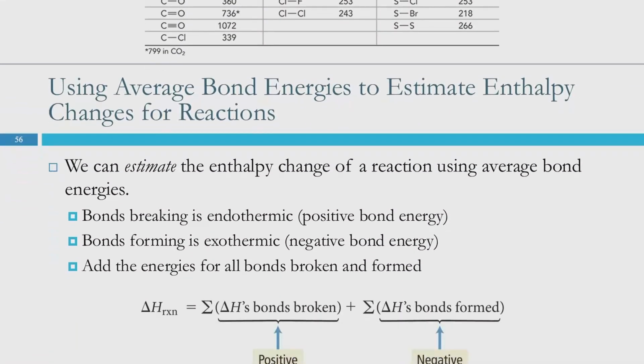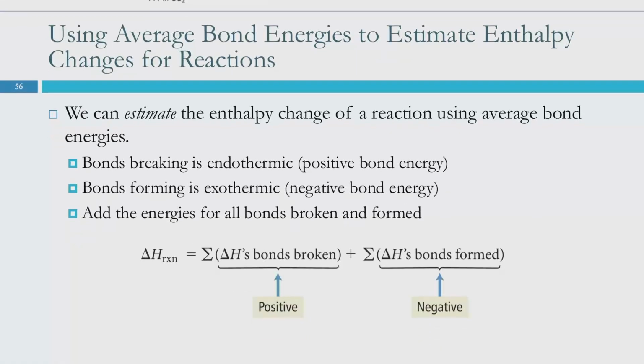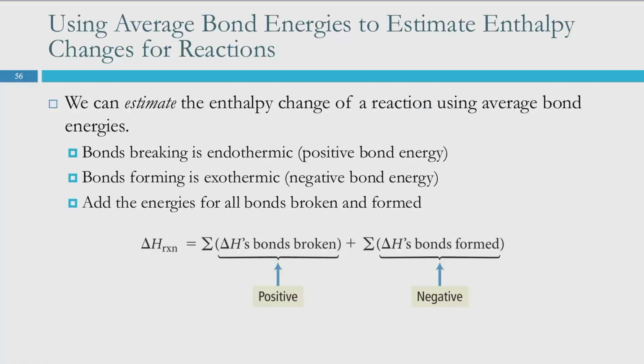So to estimate enthalpy changes, delta H changes, using average bond energies, it's very similar to the Hess's law stuff that we were doing in previous chapters, Born-Haber cycle stuff that we were doing in previous chapters. So we can make an estimate of the enthalpy change. It's an estimate because we're using average values. We're not using the values that are specific to that particular compound. So we can estimate,